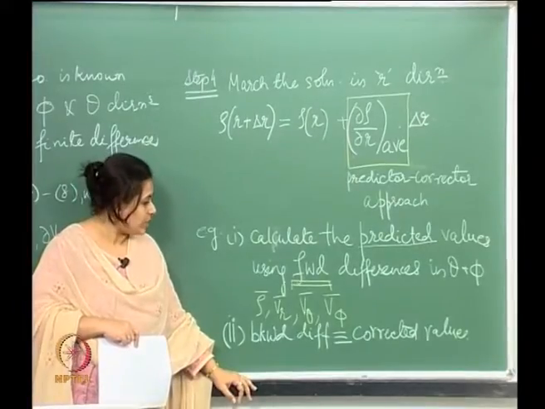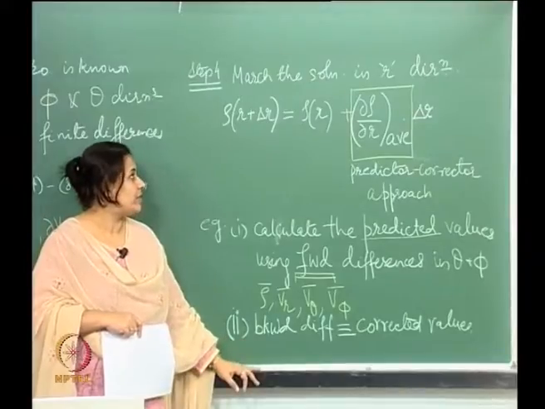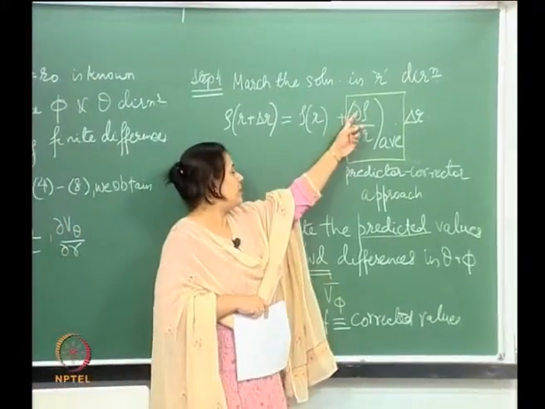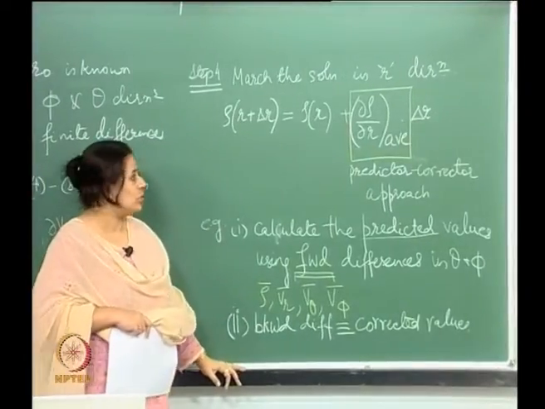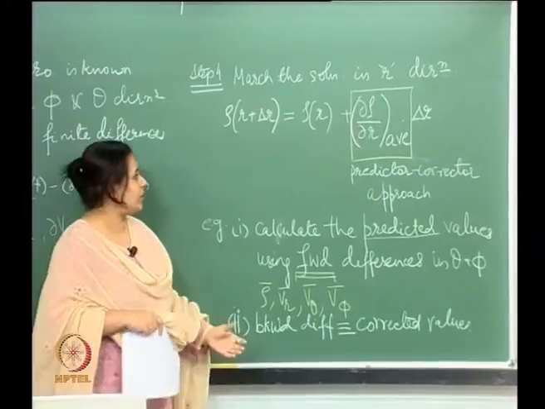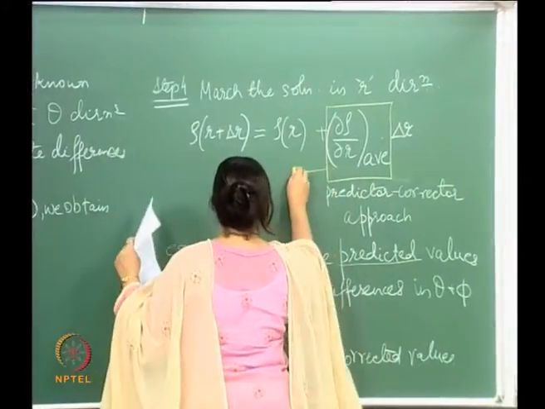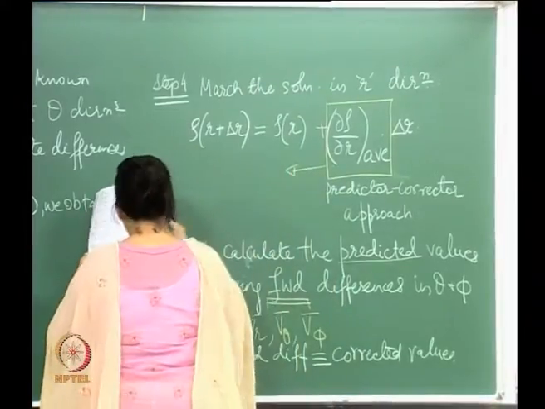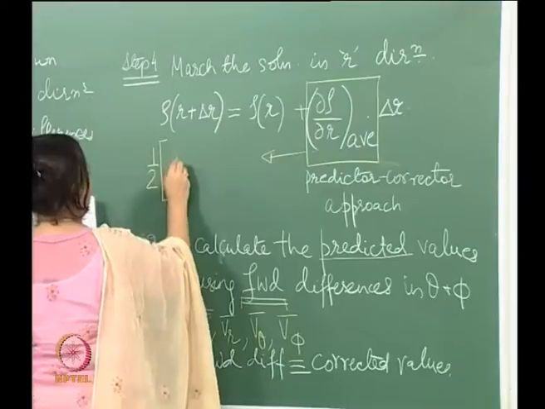Okay. So once we do that, then we will calculate this, for example, del rho del r average, as an average of this predicted and corrected values, which means what? Which means that this is basically equal to,